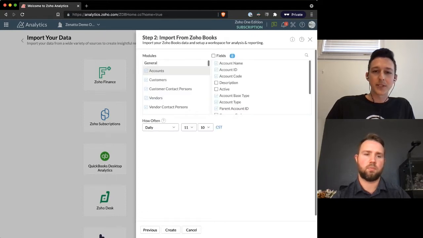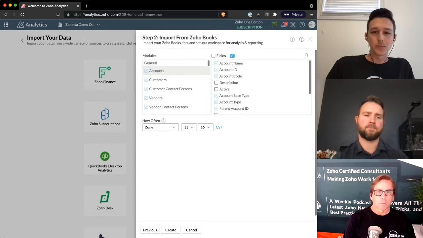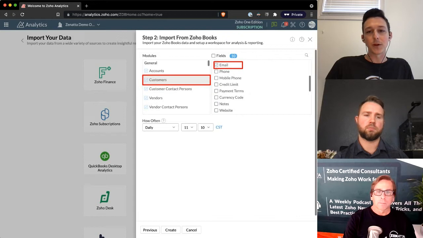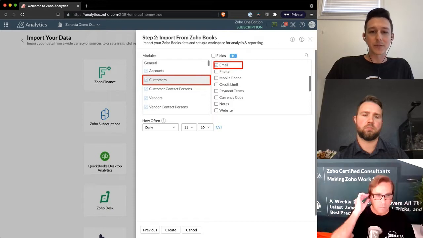After we select our organization, we get into choosing what exactly we want to pull into Zoho Analytics. Here on our left-hand side, where we have customers, you can select a module. And then on the right-hand side, you can select what fields you want to pull in from that module. A common example here is that by default, it's not going to pull the email address from your customer